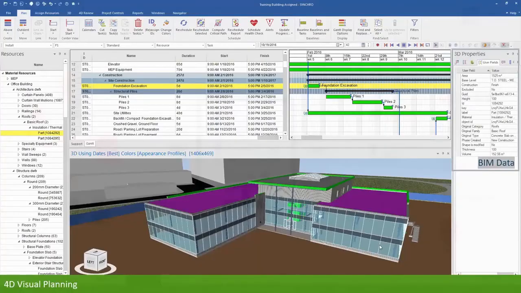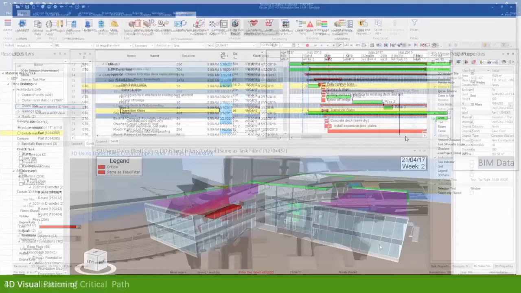So next important point I wanted to show is 4D visual planning. So you can do a 4D visual planning. You have the BIM data. This data is coming from native software. This is a Revit model I have worked on. So you can see the concrete volume, what is the area. All those information has come and you can create a BIM model.